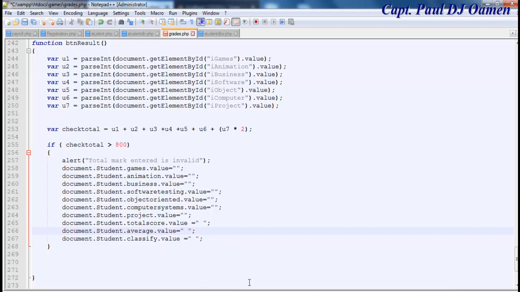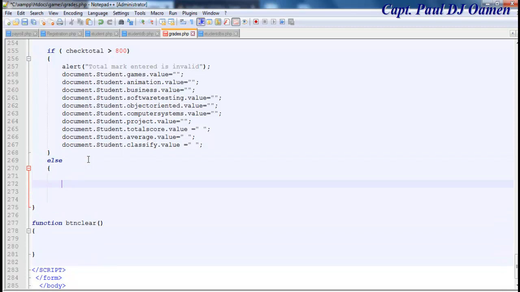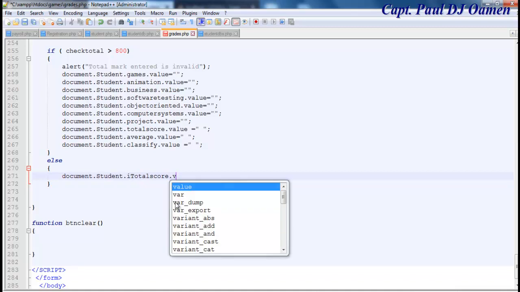Okay, supposing final total is less than 800, what do we do then? In that case, we use else here. Else, let's carry out as follows. So I'm going to say document student, copy that, paste that in here. Document student dot I total score dot value